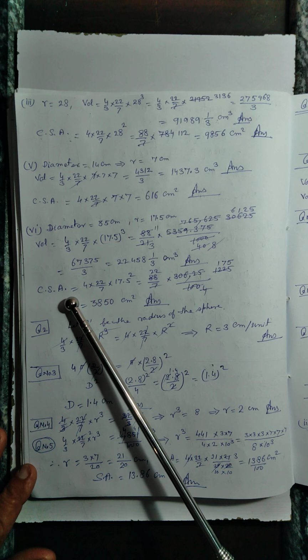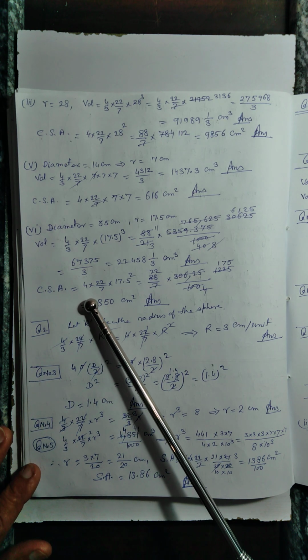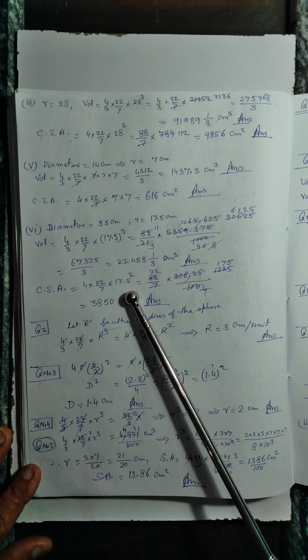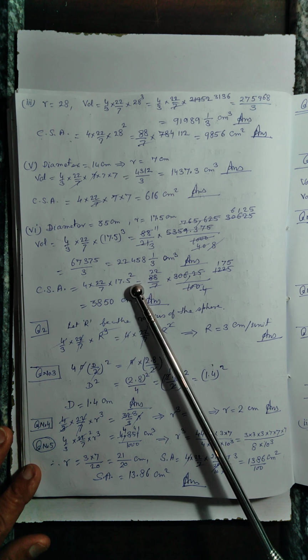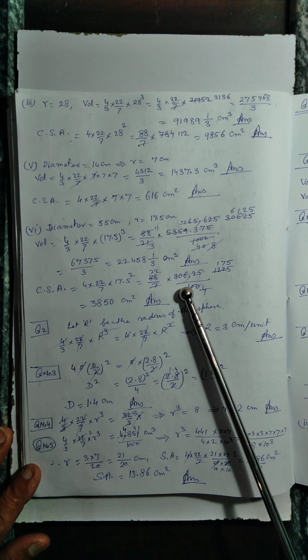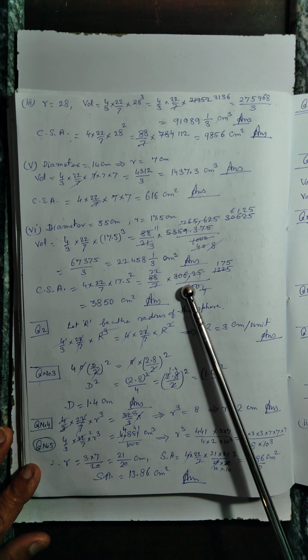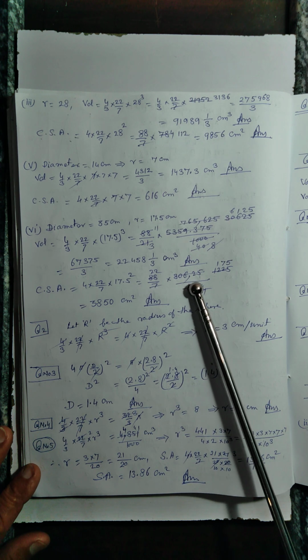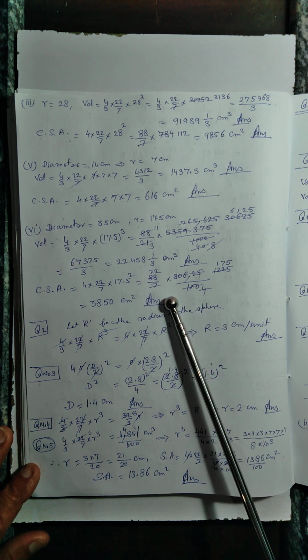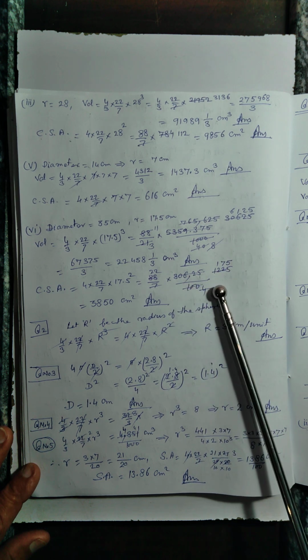Now come to the curved surface area. That will be equal to 4 into 22 by 7 into 7.5 whole raised to power 2, meaning the square of the radius. That is 88 by 7 into 306.25. In order to remove the decimal, I have divided it by 100. So now divide it by 25, you will get here